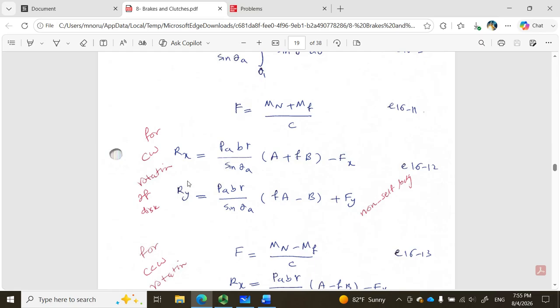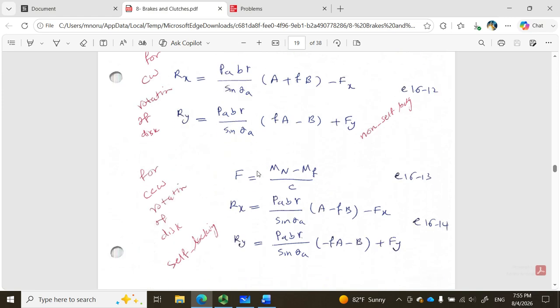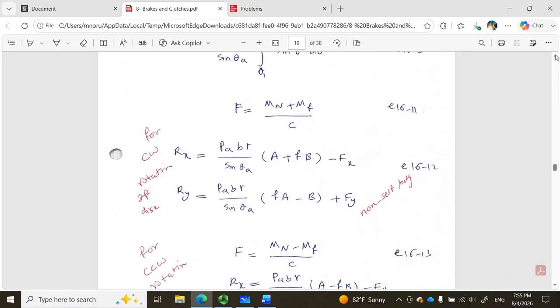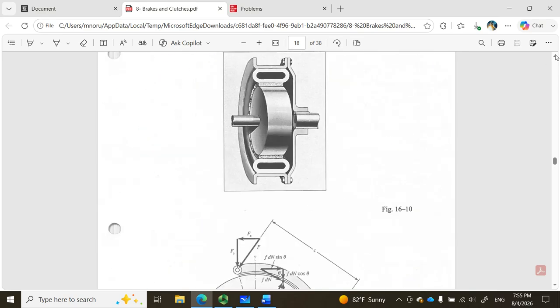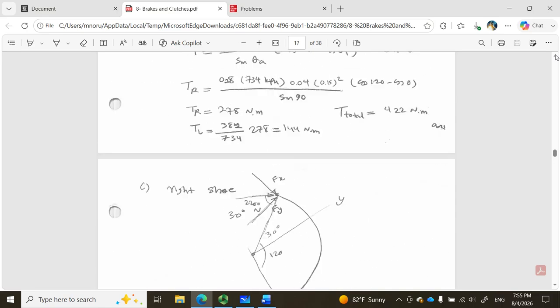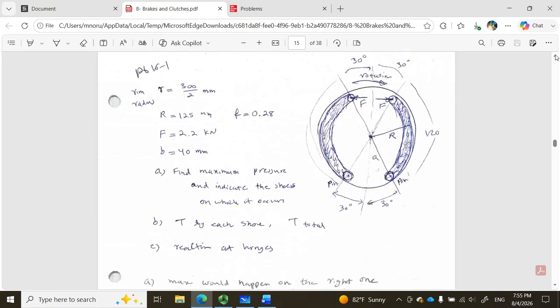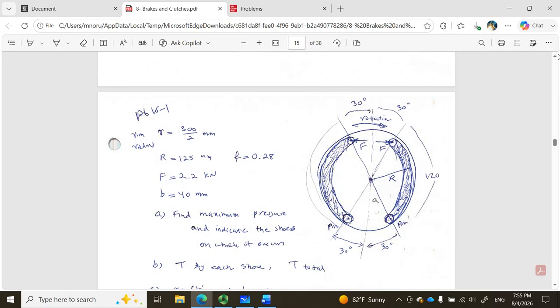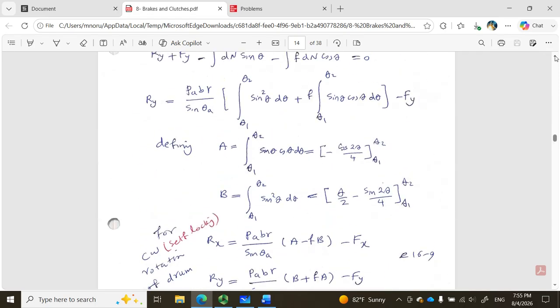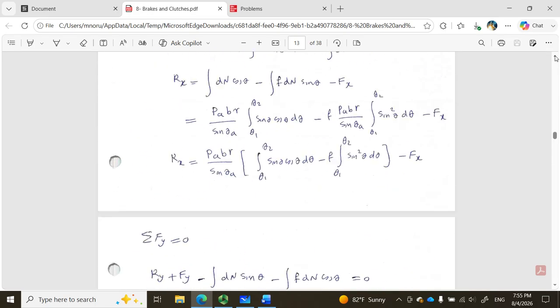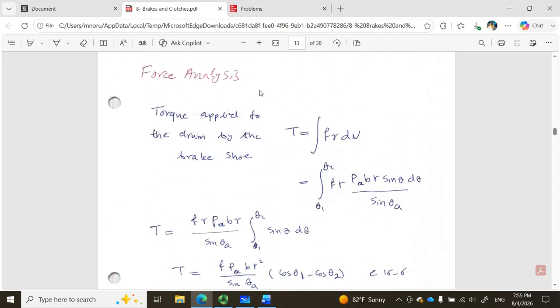If it is a self-energizing system, non-self-energizing will be this, self-energizing will be this relationship, and if you're interested in Rx and Ry, we can find those. The problem was not asking for those, but it was asking for braking torque on the disc or the cylinder. For that one, that part is similar to this equation. I will talk more about this when I calculate this, but the torque applied to the disc, braking torque,